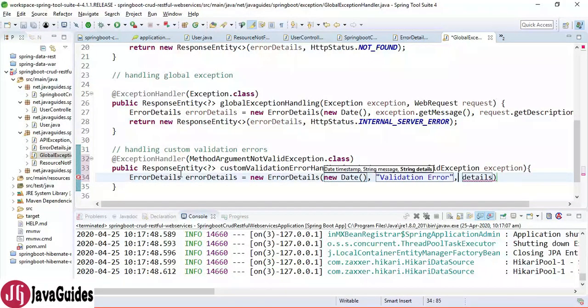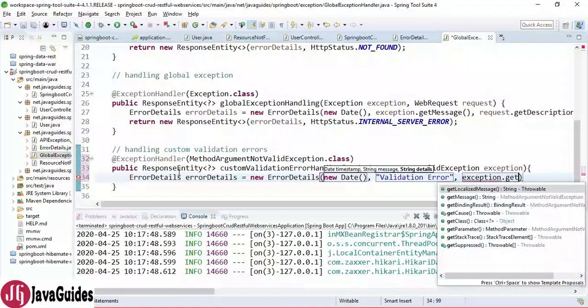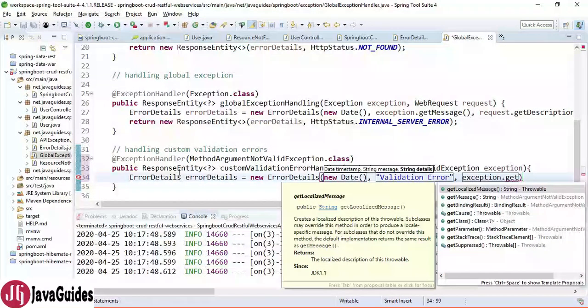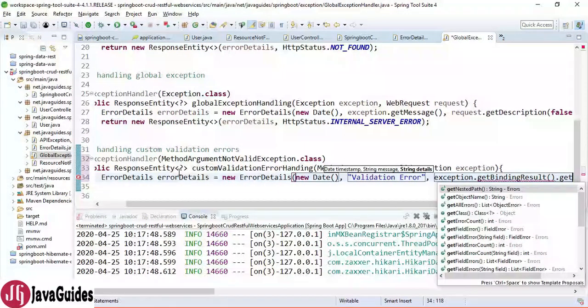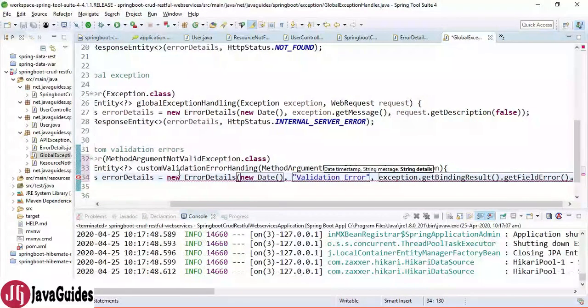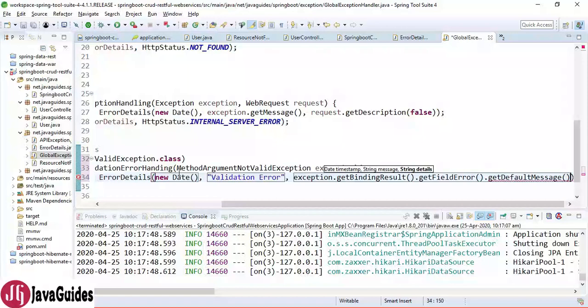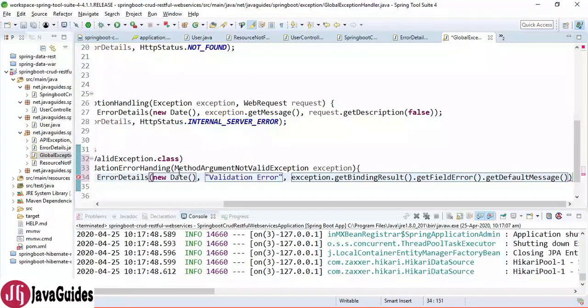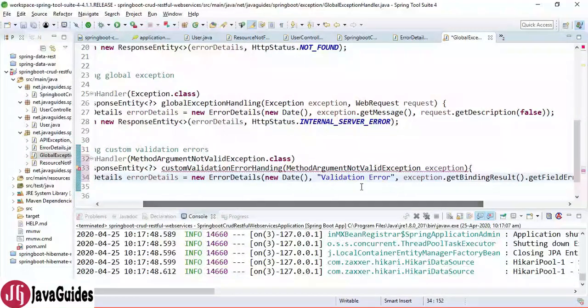You can give any validation error message that you want, and here I am going to give the exception message like getBindingResult().getFieldError().getDefaultMessage(). Okay, so this will basically return the message that we have provided in the annotation.